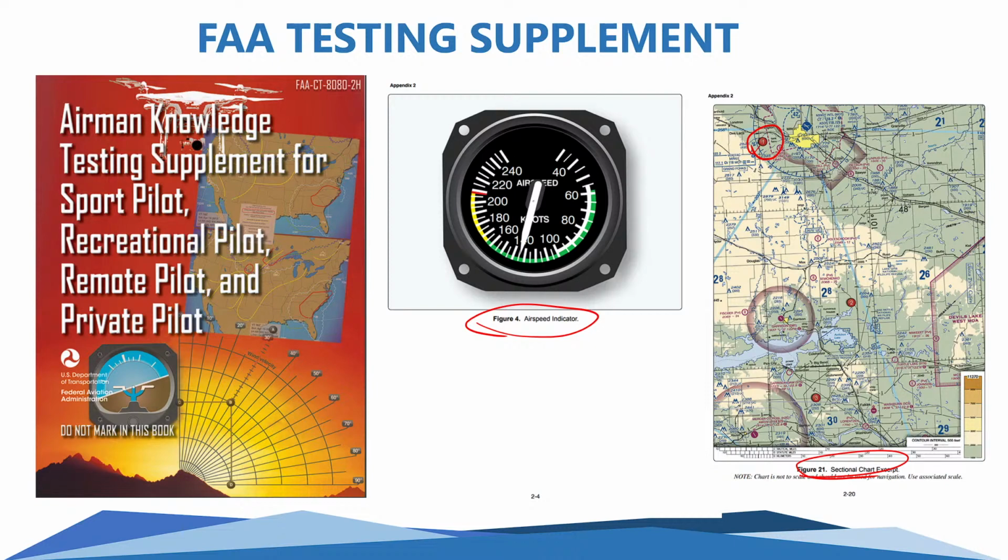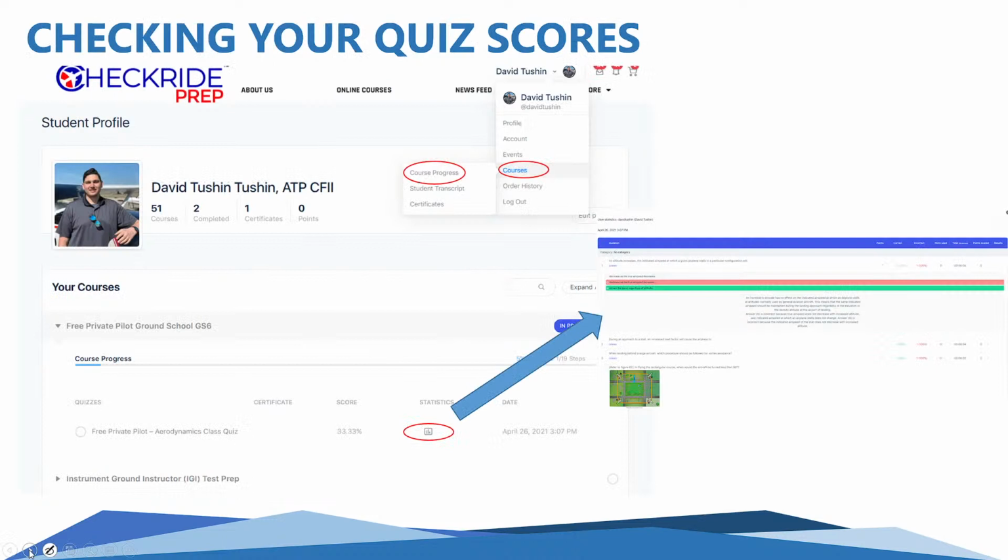Okay? All right, the way you're able to check your quiz scores, and once again, I walk you through this in the website tutorial in greater detail, but very simply, go to your name at the very top, scroll down and hover over the courses. There's going to be a flyout menu, and you're going to click on something called Course Progress. Once you see the course progress, you'll see all the courses that you're enrolled in and you've taken. At this point, all you're going to do is click on the little caret here, or that chevron,